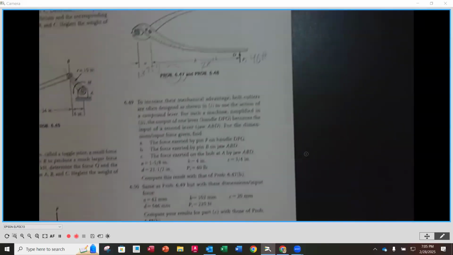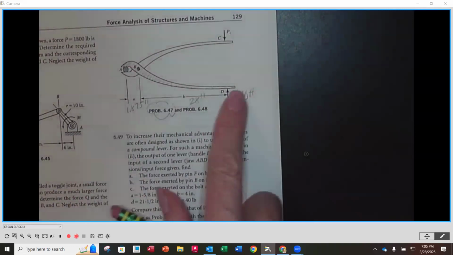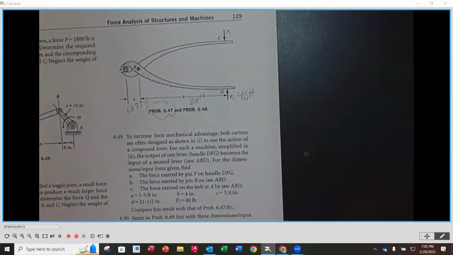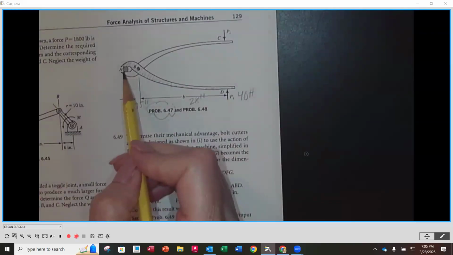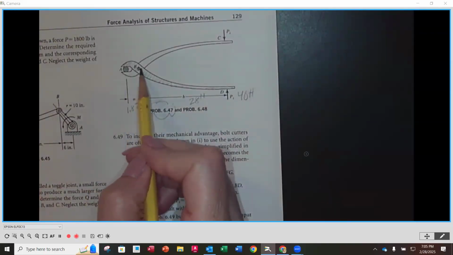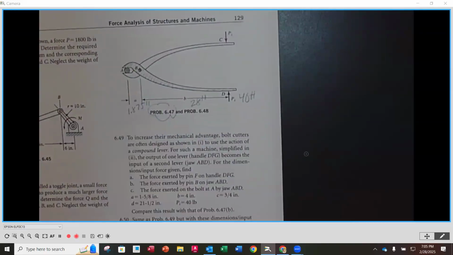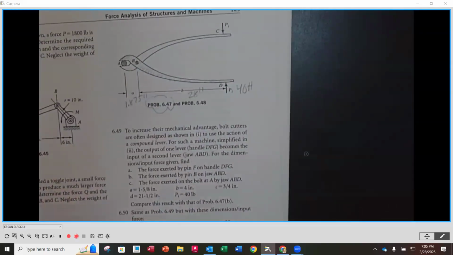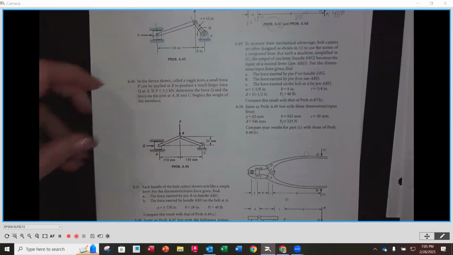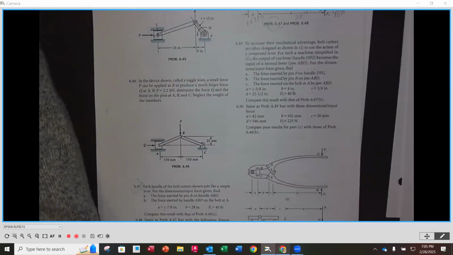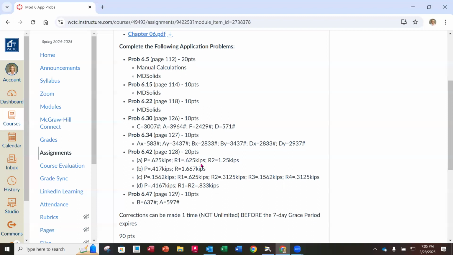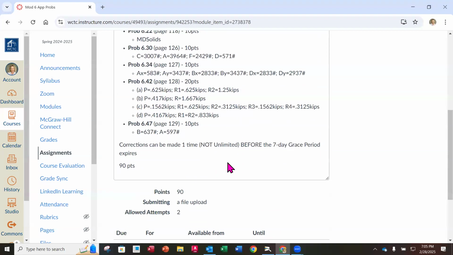So again, it's going to be the exact same setup. You're going to look at, if you would, one of the handles, putting a straight line through here, and then you're going to simulate it, just like we did, and then solve for what is the force on the bolt, as well as what is going on at that pin, the X and Y reactions. Okay. So the example problems that we did should have you set up nicely to solve for each one of these application problems. So you'll notice here that there's a total of 90 points,